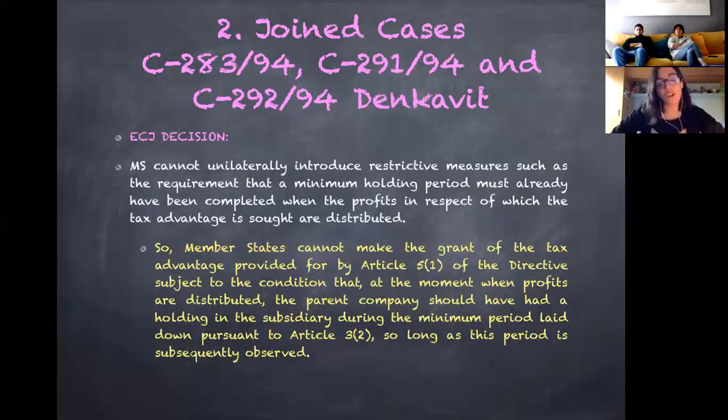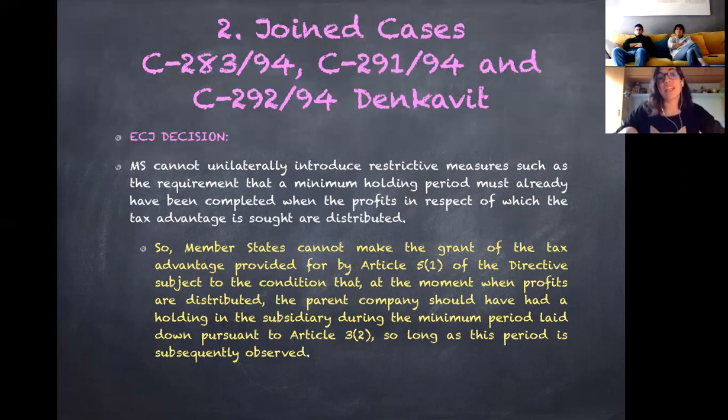So the conclusion of the ECJ in this important case is that a member state, in our particular case Germany, cannot make the grant or the application of the tax advantage, in this case the exemption from the withholding tax, subject to the condition that at the moment when profits are distributed by the subsidiary to the parent company,